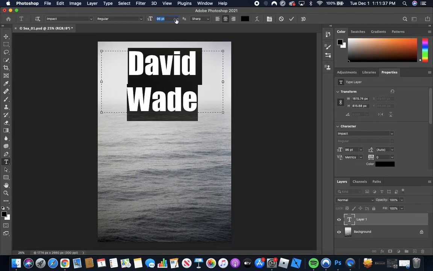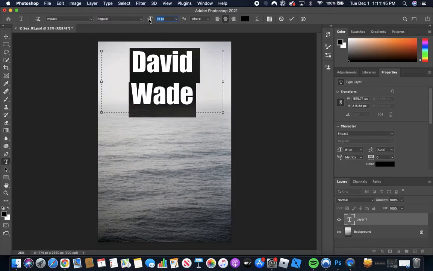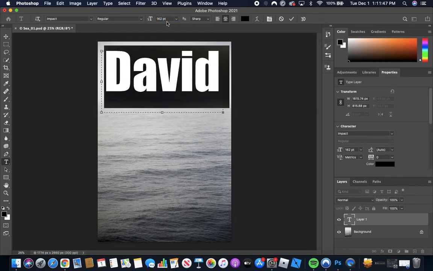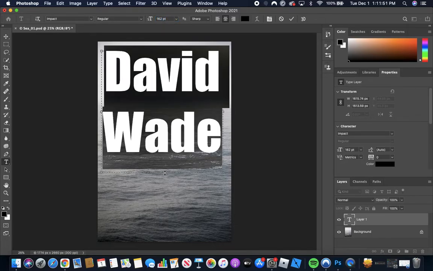Okay, so the next thing we're going to do is change the size of it. I'm going to first change the size by highlighting the text and then dragging to the left or the right of the T, and that will automatically change the size. I would like a big name for this effect just because it kind of relates to something else I'll be doing today. All right, so now that I have that, I'm going to play around with color. I'm going to be switching over here to the color swatch in a little bit. I'm going to be picking